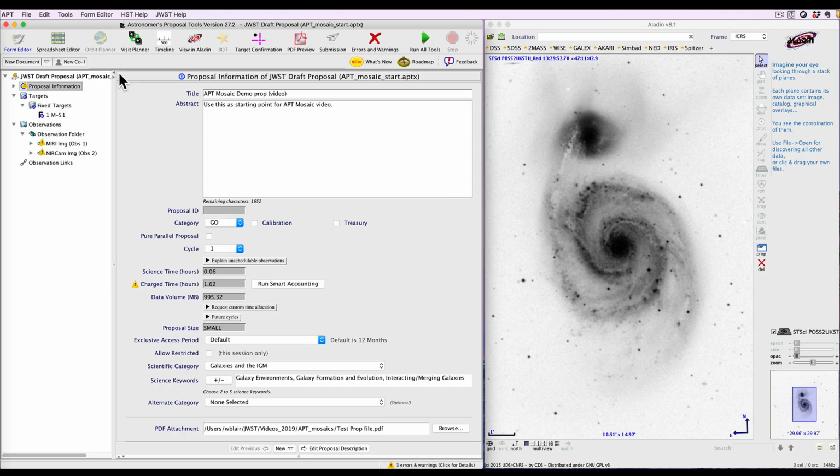This video shows how to specify and manipulate basic JWST imaging mosaics in APT. Other modes, such as IFUs or fixed slits, may also use the Mosaic functionality, but the operation is similar to that shown here. We start with an APT file already loaded with one target, the Galaxy M51, and two simple